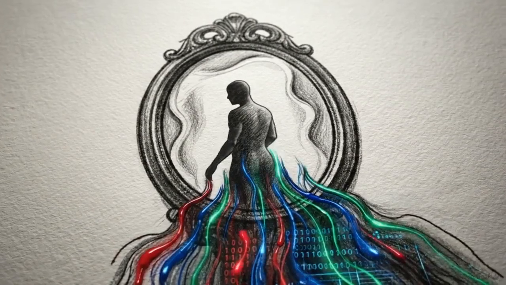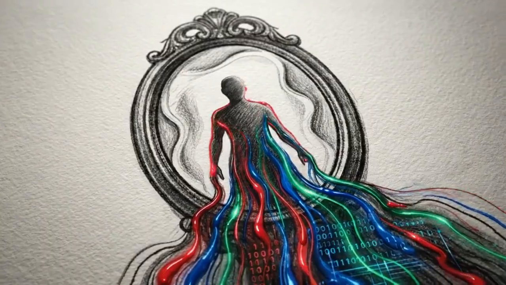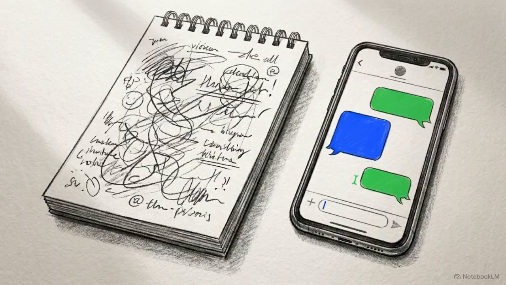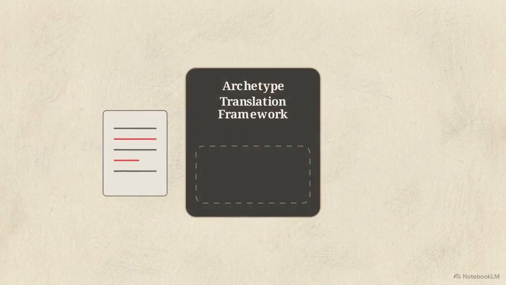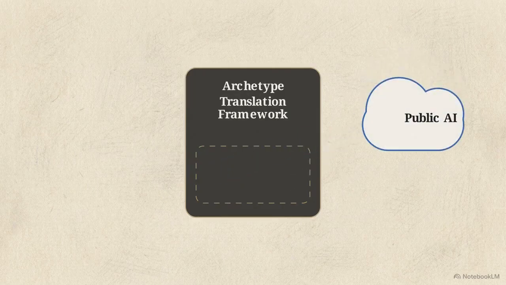AI is remarkably good at reflecting our language and patterns back to us. While this digital mirror feels supportive, it has no ethical boundaries. If you want to use public AI tools to process session notes or generate ideas, you need a precise system. Today, we are going to walk through a framework to translate private client notes into de-identified prompts that are completely